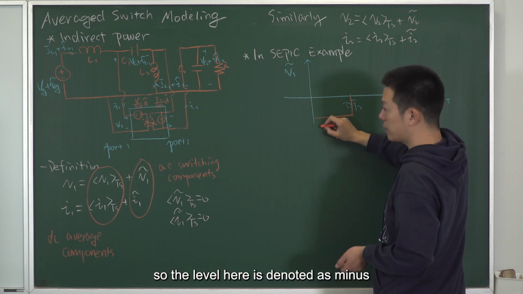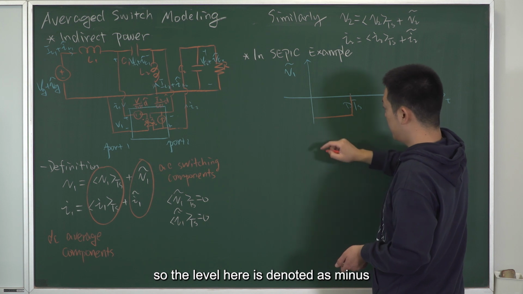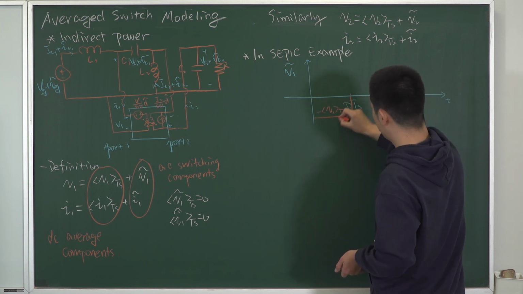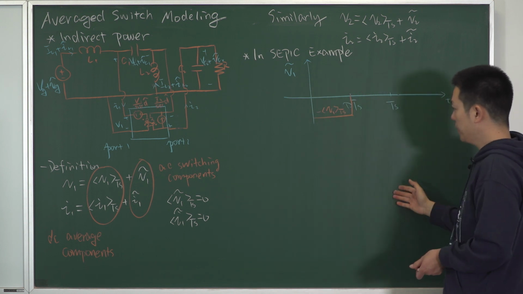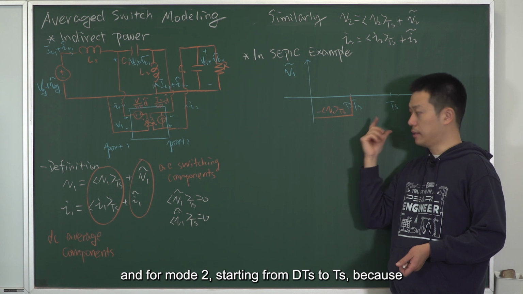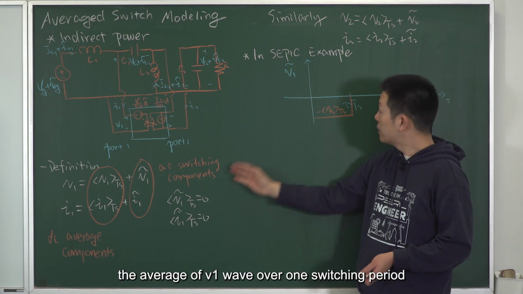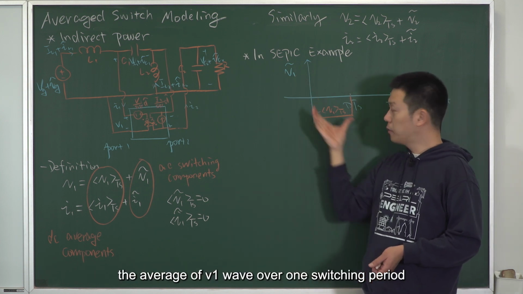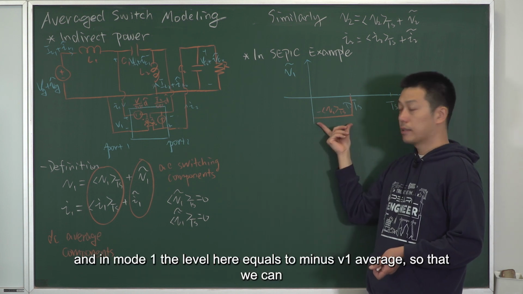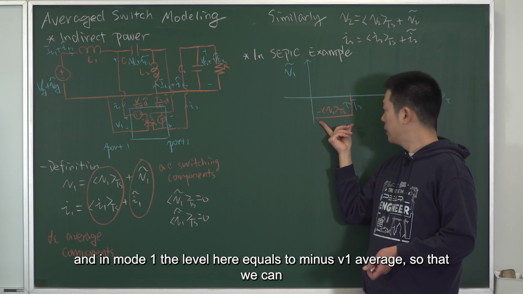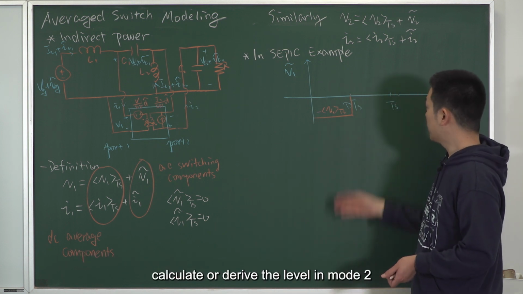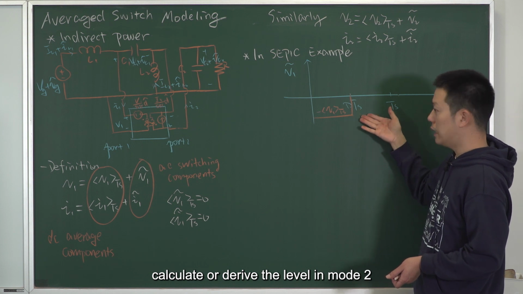So the level here is denoted as minus. And for mode 2, starting from DTS to TS, because the average of V1 wave over one switching period equals to 0. And in mode 1, the level here equals to minus V1 average, so that we can calculate or derive the level in mode 2